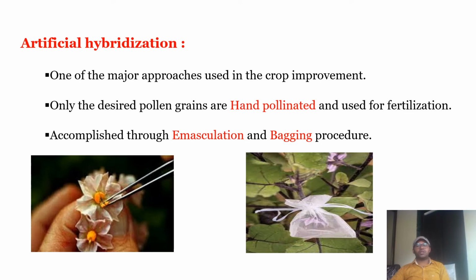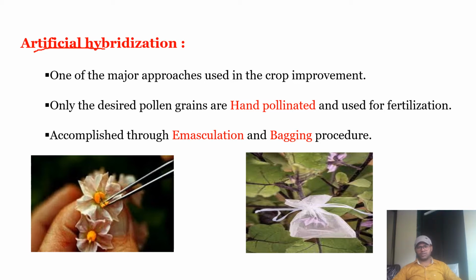So by artificial method also we can dust pollen grains on desired stigma, that is called artificial hybridization. This is one of the major approaches which is used in crop management or crop improvement. So here we can only take the desired pollen grains, and these desired pollen grains will be dusted or pollinated on desired stigma to carry the fertilization, and it is carried out by two ways,